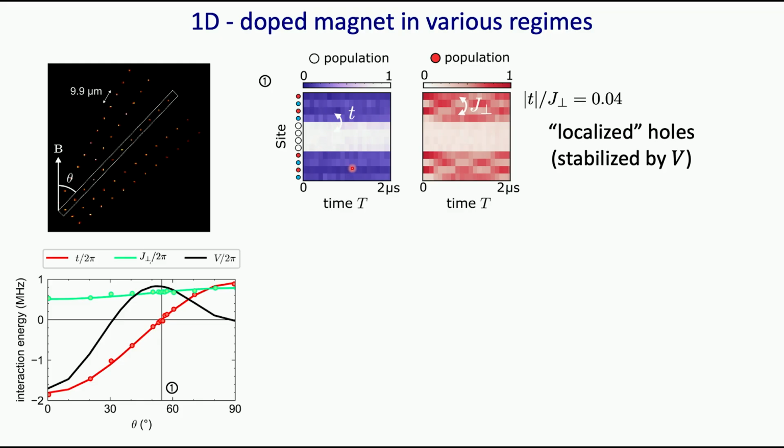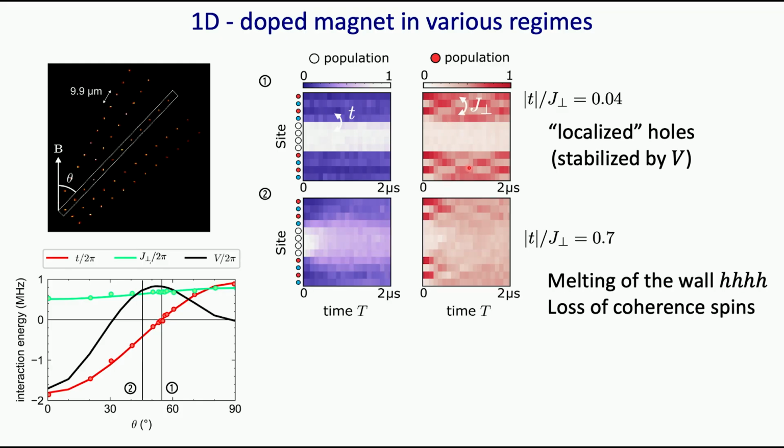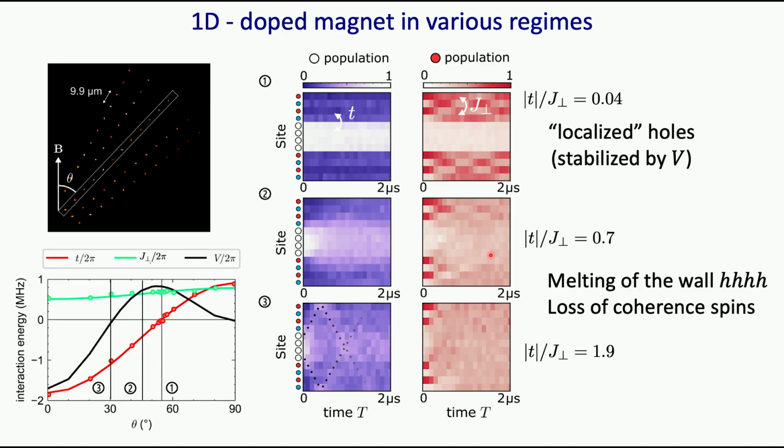so there is nothing really happening, while in the spin sector, the S and S prime do exchange their state as a function of time. So essentially, you've got some kind of localization of the hole, while in the spin domain, there is this coherent exchange oscillation that you can observe here. So now you vary this a bit, so you now go into a regime where T over J perp is not exactly equal to 0. And so what you see is that first this kind of domain wall starts to melt slowly, and at the same time you observe some decoherence of the flip-flop interaction in this sector. And finally, when you make T larger than J perp, essentially you have a very quick melting of the hole.